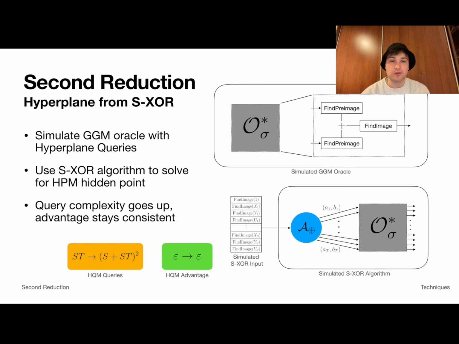Notice in this table, when we're simulating the SXOR input, we're simply finding the image of all of the various basis vectors that would have been given to the SXOR algorithm itself. In such a way, we're somehow able to set up these hyperplanes, and then every time the SXOR algorithm would make a query, we use hyperplane queries to simulate how that query would actually function. Here, the real intuition is to understand that the discrete log of the labels given to the SXOR algorithm are actually just the hyperplanes that we're asking the oracle.